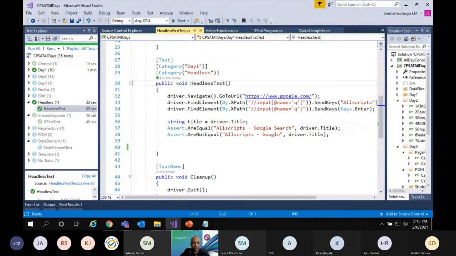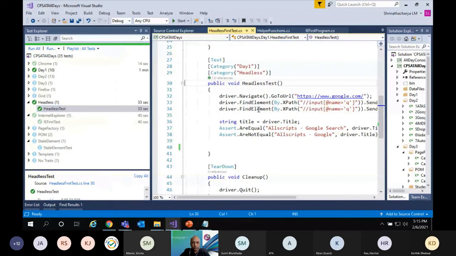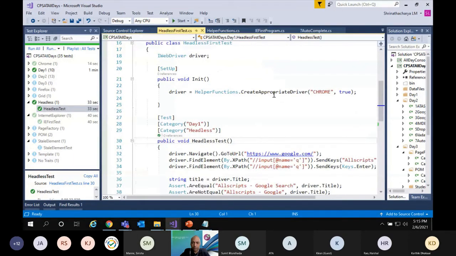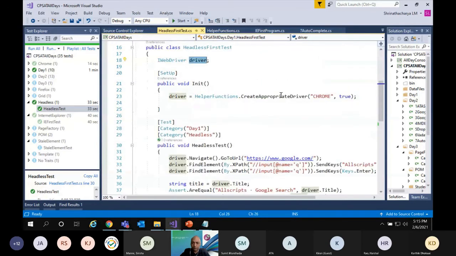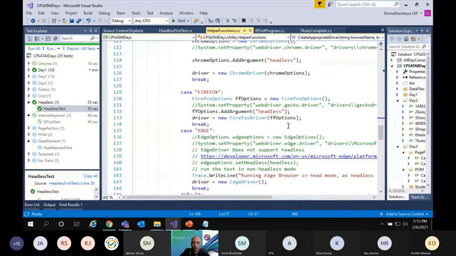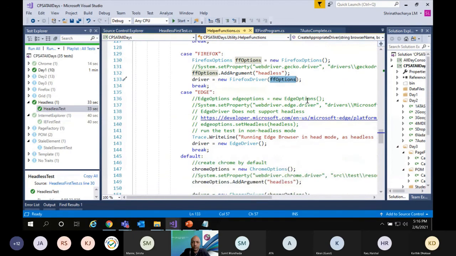Yeah, it has run. Okay, and say suppose the same thing if I want to run it on some other drivers. Chrome with headless mode and Firefox with headless mode. Same thing, you will have FirefoxOptions, and in the argument you put headless, and for the driver, when you create the Firefox driver, pass the FirefoxOptions whatever you have created. And Edge does not have a headless mode.